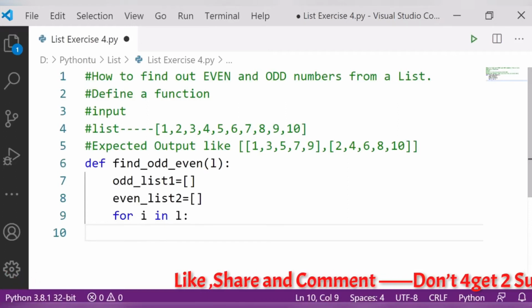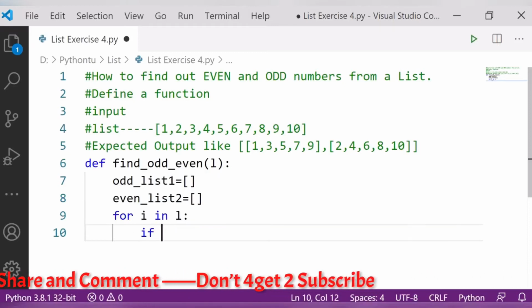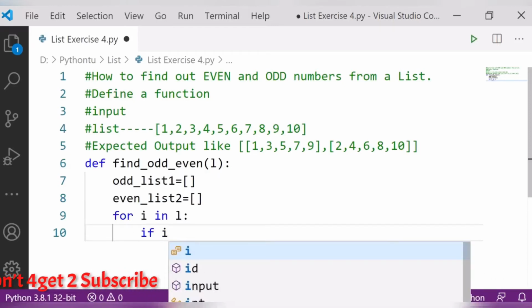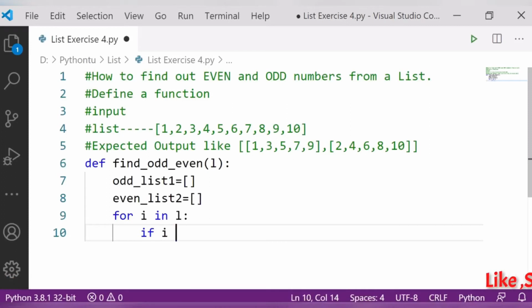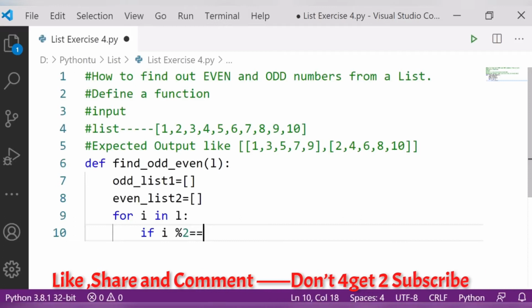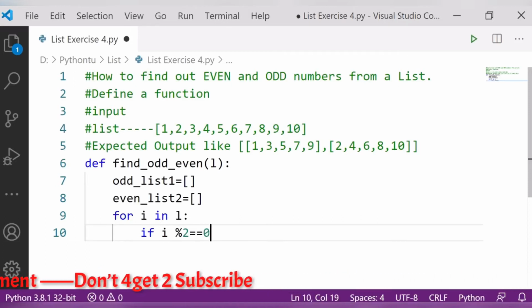So I will write here if I modulo 2 equals 0. Clear?